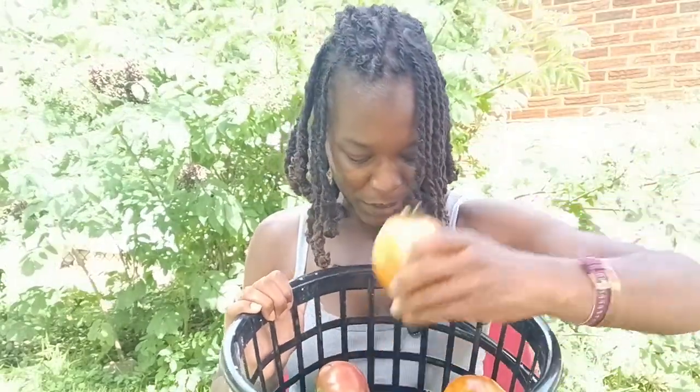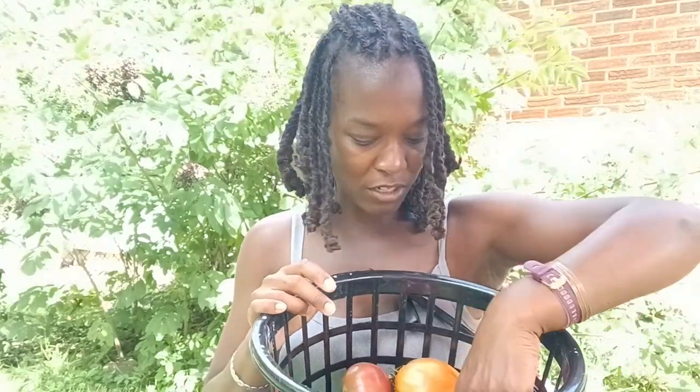Primarily, it's a lot of Cherokee purples, which I have to say are very heavy producers, so I will always grow these plants from now on. That and the Amish paste. My San Marzanos did not do so well this year, so that kind of sucks, but we have more than enough tomatoes to make up for it, including our